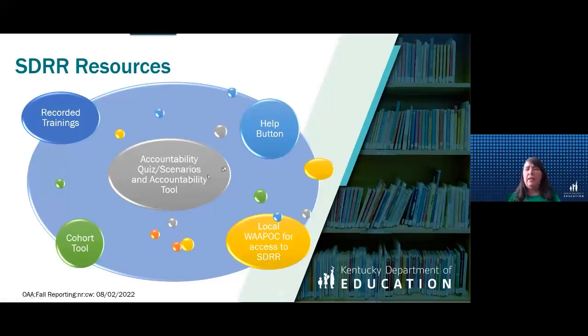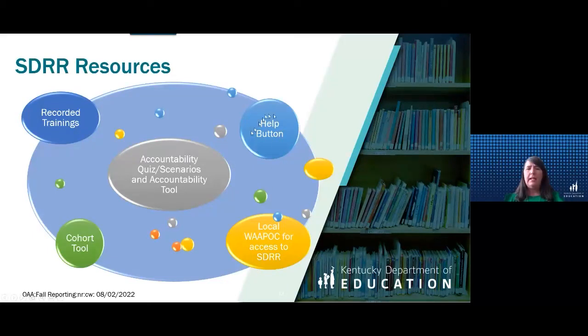And then this just goes over those resources for you and puts it all on one slide, just as a visual, of going to your WAPOC to get access to Sdrr, because OAA does not give you access to Sdrr. That's your WAPOC, your district technology person in your district.